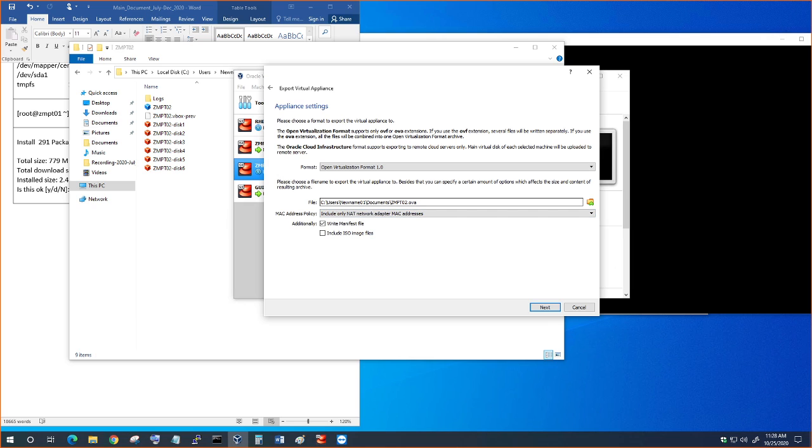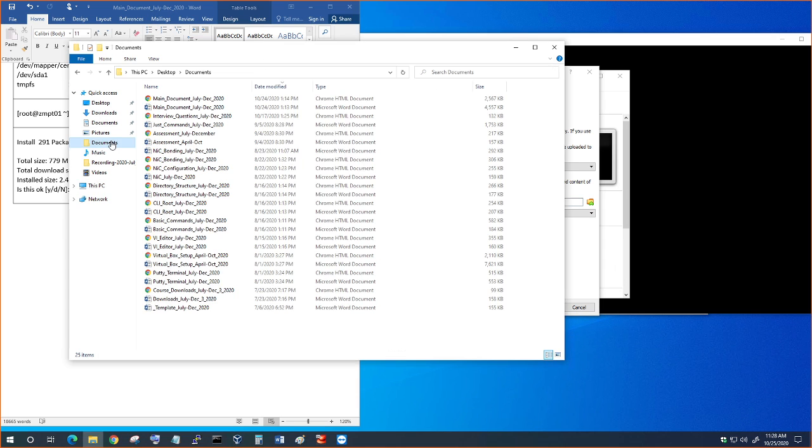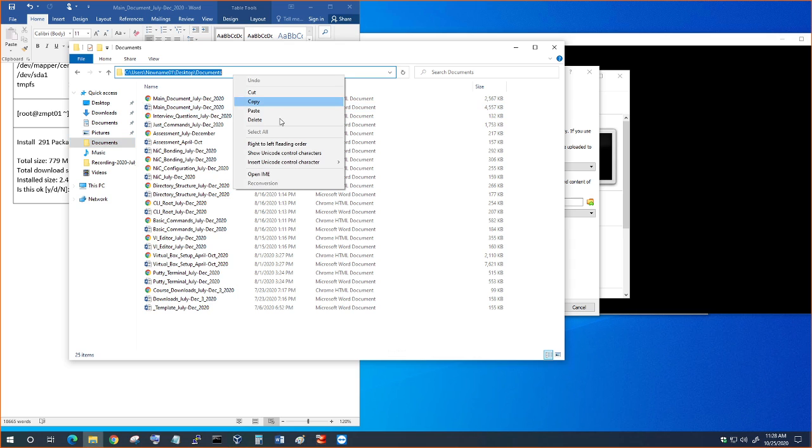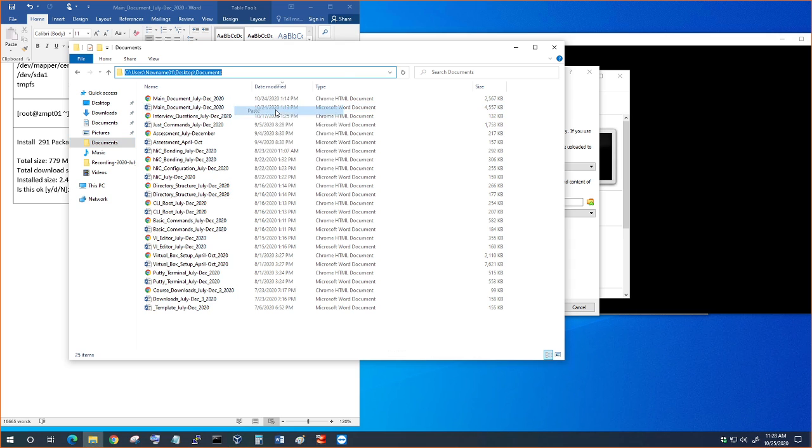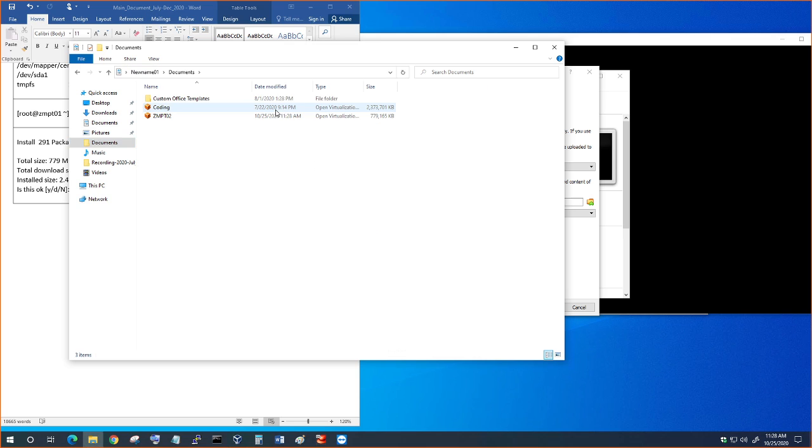It put it in documents here, so let's go into documents. It put it over here, and look at the size here. How much is the size? 750 megabytes. So now what I'm going to do is go into another machine,